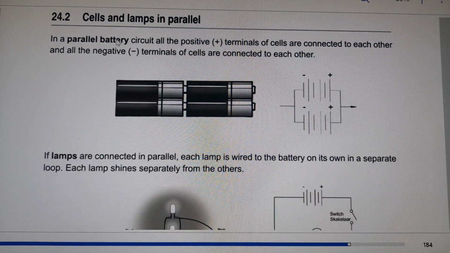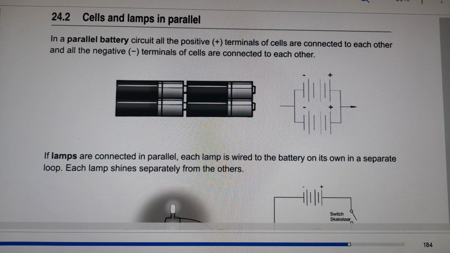Okay, in the parallel battery circuit, the positive terminals of cells are connected to each other and the negative terminals of cells are connected to each other. So this is a cell, this positive is connected to that, and this negative is connected to that negative. So you see positive to positive, negative to negative, and the current flows from the positive terminal. If lamps are connected in parallel, each lamp is wired to the battery on its own